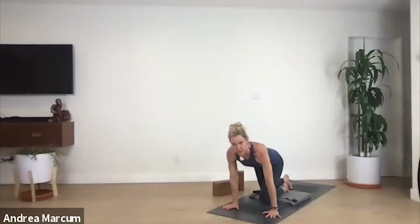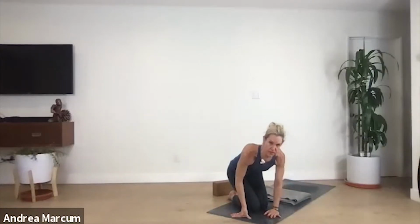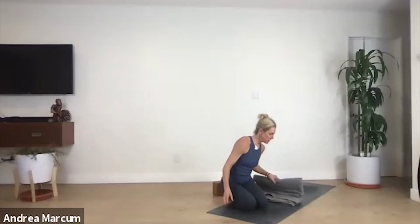Move any block or pillow that you may have used. Cross-legged seat, I like to use a folded blanket for this too. If you are tight in your hips like I am, and your knees are really high, sit on something like a folded blanket or even a pillow or a cushion from your couch, and then as we cross our legs, see if you can cross a little bit more ankles underneath knees than just at the ankles. This is a little more intense on your knees, and it's actually not going to get into the muscles around the hips quite as effectively. Now, once you're seated,